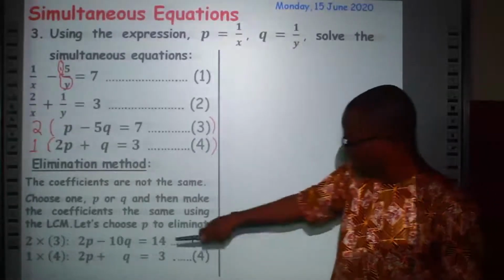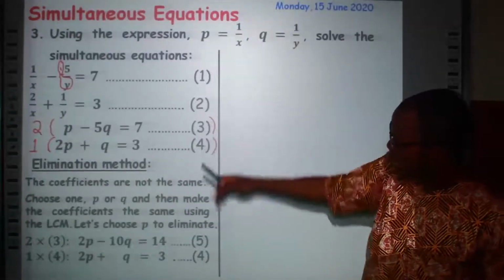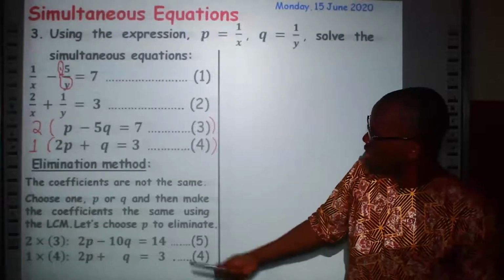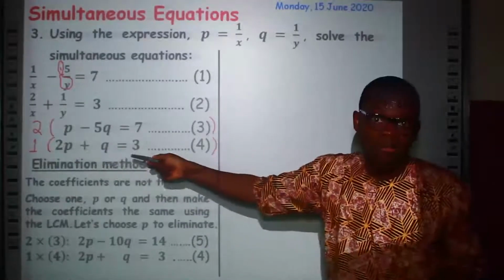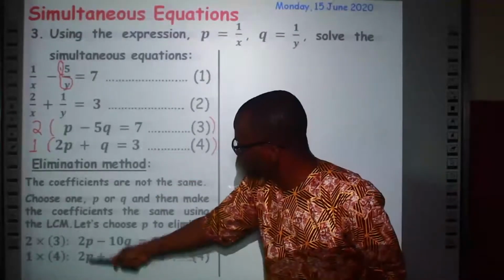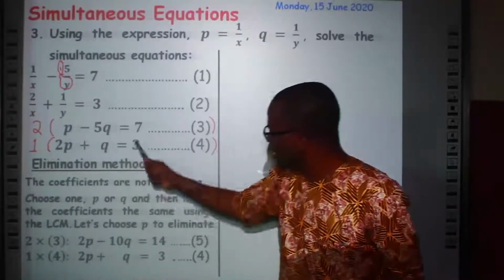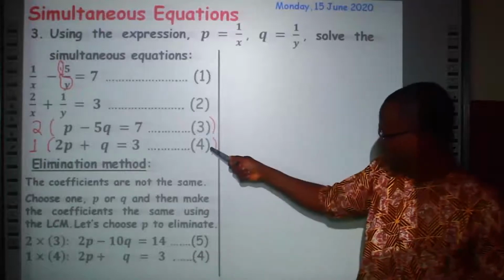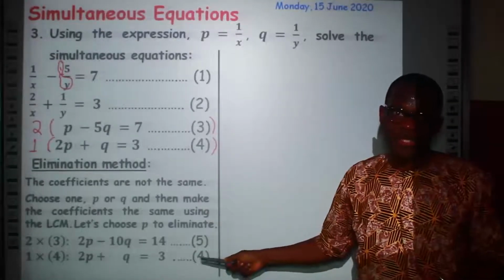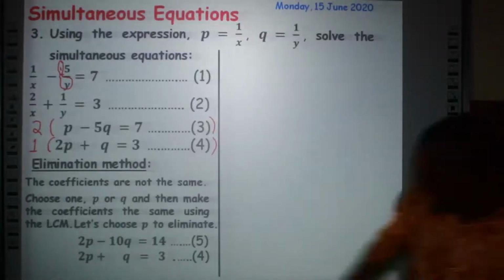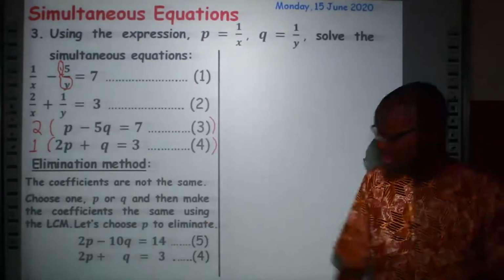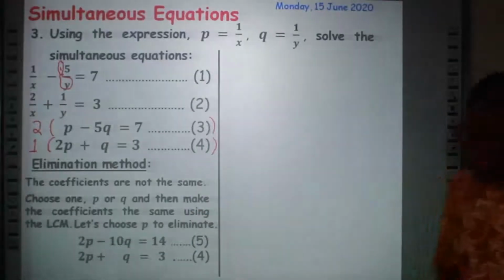Now here, because that's different from all the equations we've got before now, we call that equation 5. But you see, by the time you multiply the whole equation 4 by 1, it's still the same, nothing changes. 2P plus Q is equal to 3, so that's still equation 4. So that's why we're not calling that equation 6, alright? So now, you can see clearly the coefficients are the same. And with the same coefficient,